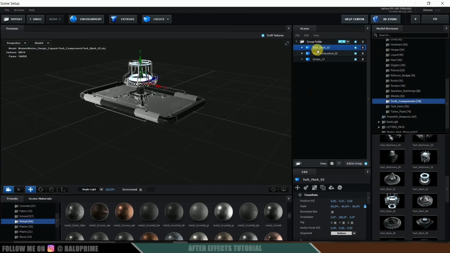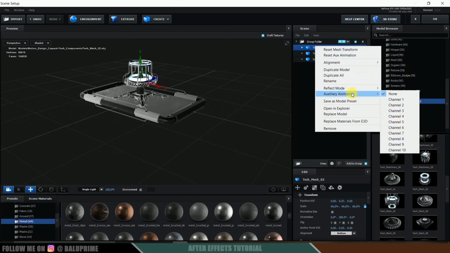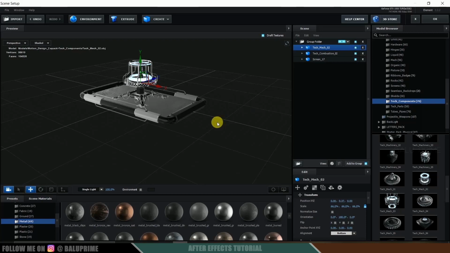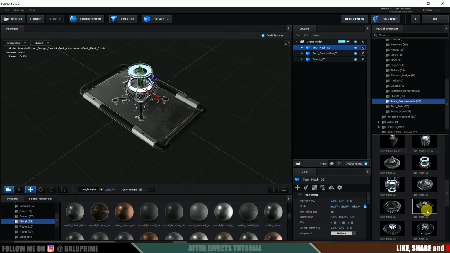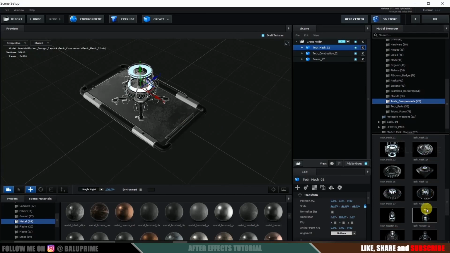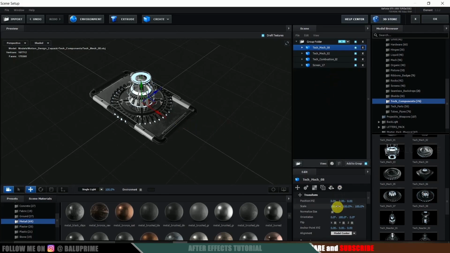So I will be changing this to, right click on this, auxiliary animation and select channel 1. Okay, so this part is set to channel 1. Now let us select this one. Again reduce the scaling of this.